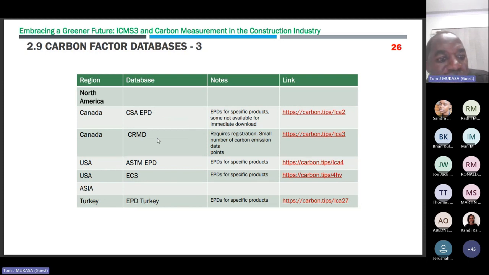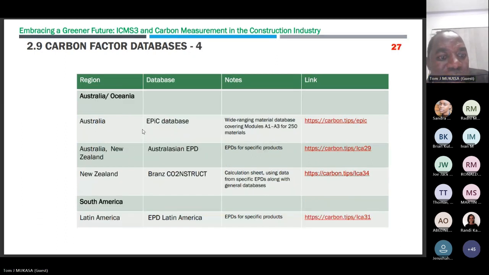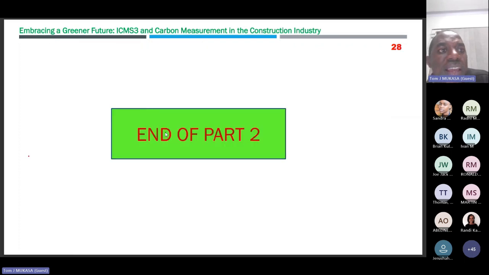Joe comforted us that we can use those sources reliably, even when you are in Uganda, because you'll notice that we seem not to have a database for Africa. I don't know whether we don't have any peculiarities from these other areas, but I would think that we should do something about it, at least to check whether our information tallies with what these other databases are giving us. Okay, so that is the second part, which talks about the standard.